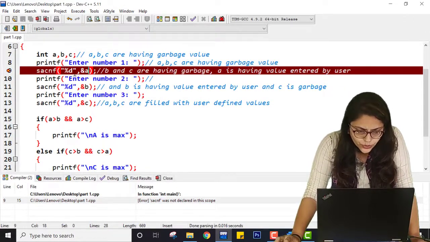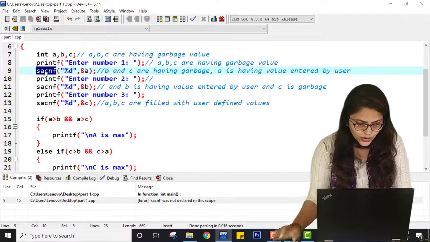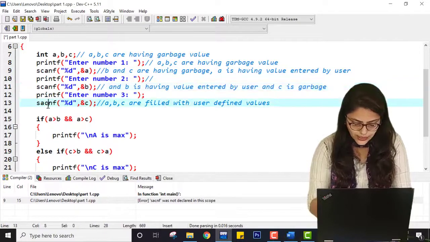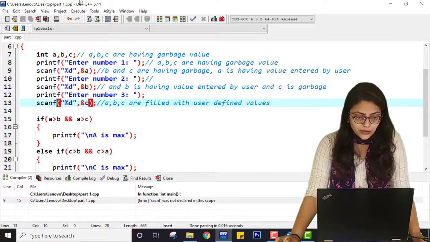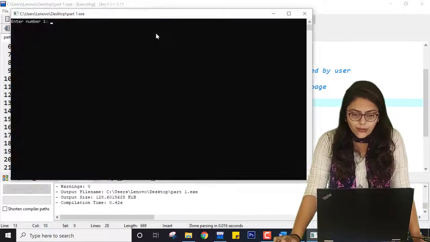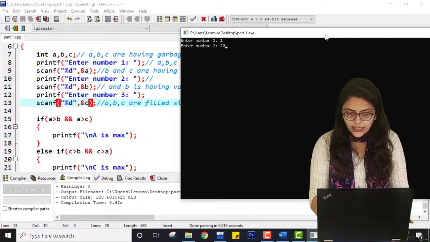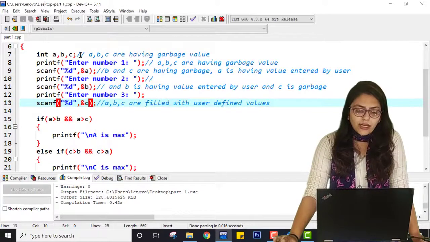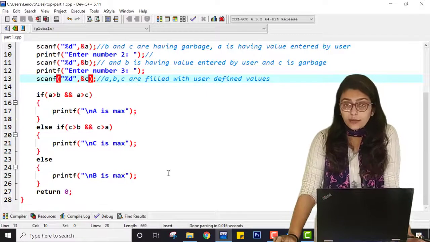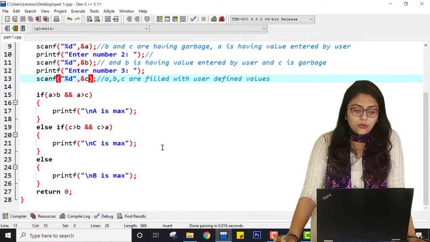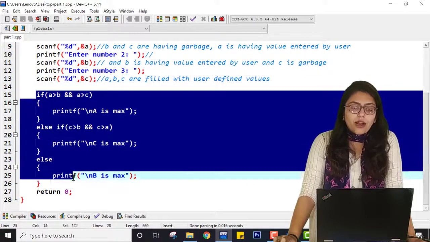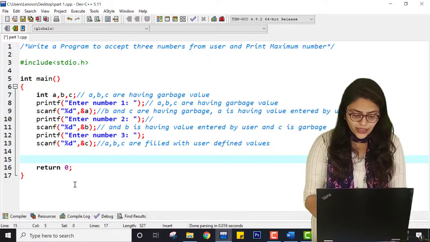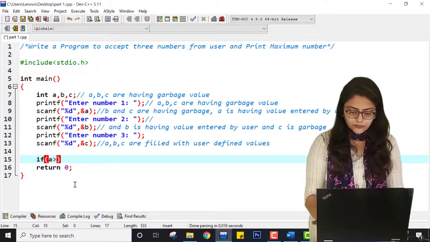What is the issue? Okay, scanf. Each of them scanf, and here also scanf. This is the disadvantage of copy pasting. Now here I am entering 1, then 20 and then 30, then you know that C is maximum. So I am getting correct answer. But here I will not get correct answer if each of these values are similar. So in that case I can add some other value that I will show you at the end of this lecture. But if I don't want to write this logic, then there are some other logic that we can perform. First I am checking if A is greater than B, right?